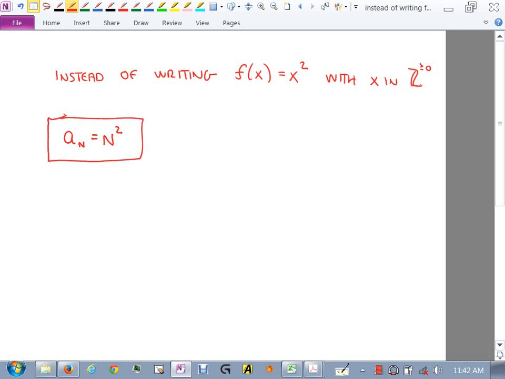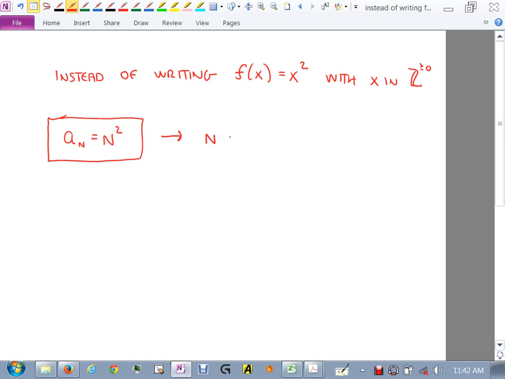So what is the difference here? Instead of writing f of x, I'm writing a sub n. The a is like the f here. It's like, okay, this told you it was a function, right? What does the a tell you? This is a sequence. Instead of writing x in parentheses, we write n in a subscript. That's again telling you this is a sequence, and this is the variable. This is the thing that you're going to plug in, n. And what are you going to actually do when someone gives you that n? You're going to square it, which is what the other side said over here, right? You're going to square the x.